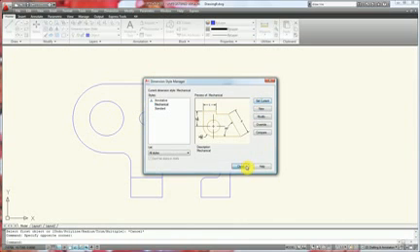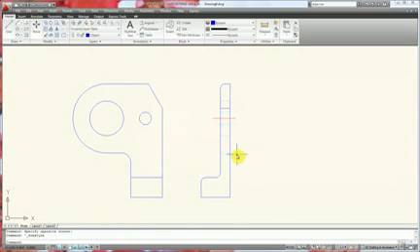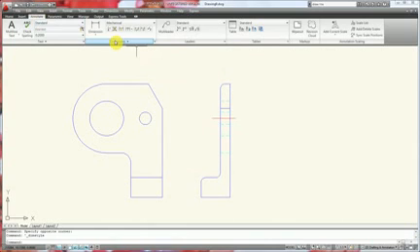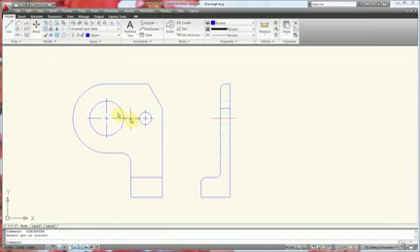To do that, we're going to go to the annotation, or the annotate ribbon panel, click the down arrow for dimensions and choose center mark. Then we're going to choose both these circles by left clicking. Go back to home here. I'm actually going to